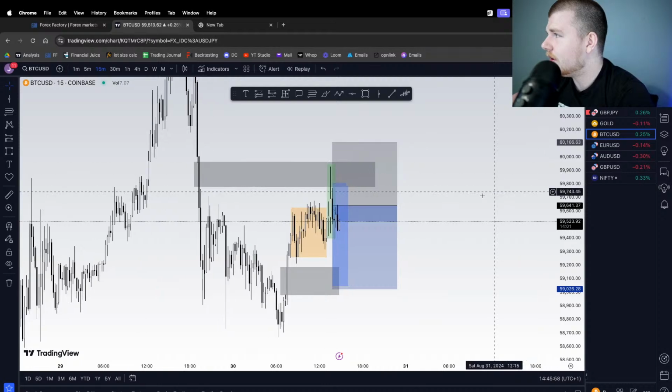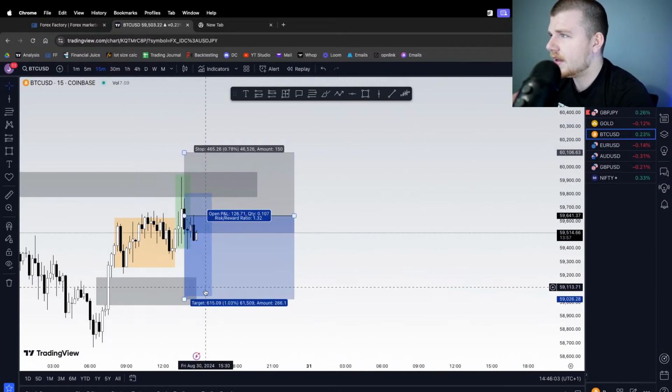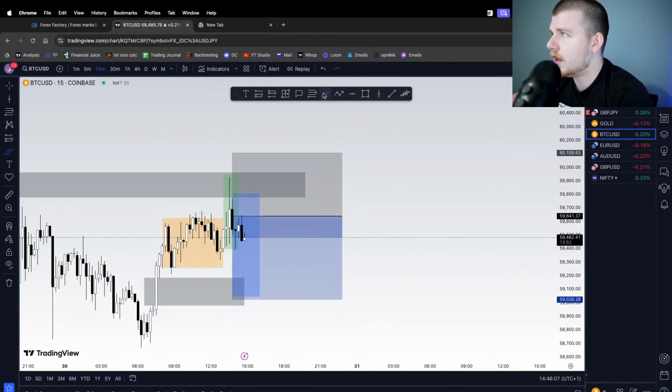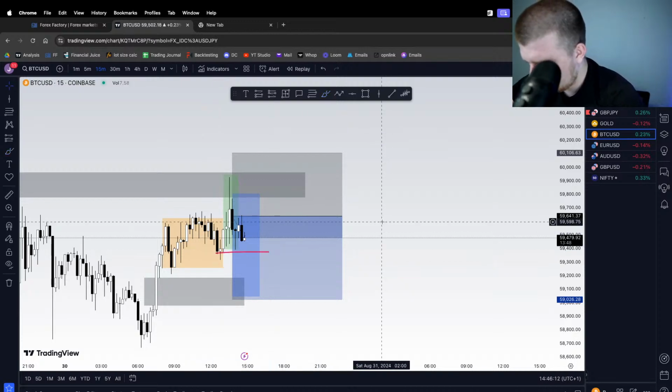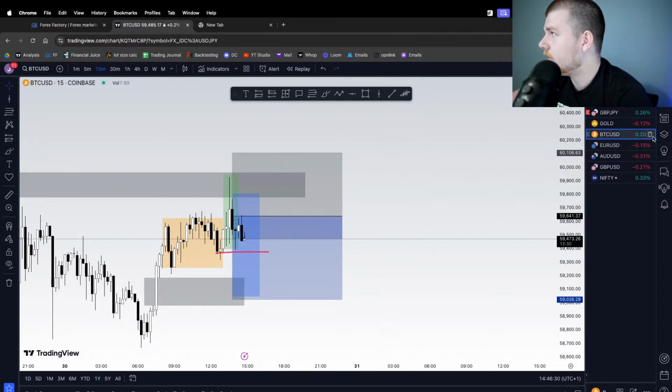Bitcoin, I am currently in this trade on Bitcoin at the moment. Looking at taking this sell position down. I'm looking to manage soon as well, once we break past this low over here. But yeah, I'm currently in this trade, and I am currently $116 up, which is always nice. So that's going on. We're going to see how that plays out. I will talk about how that plays out.